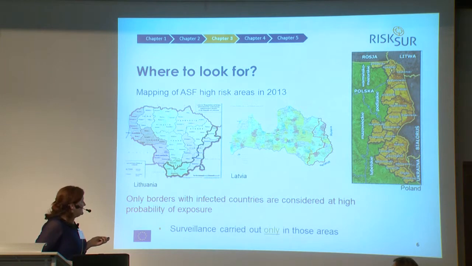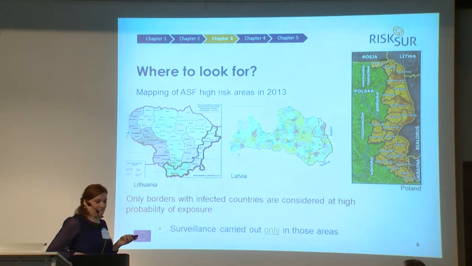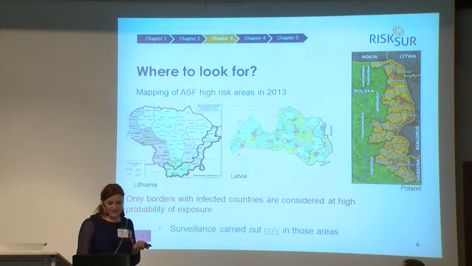in 2014. And what they have in common is that they are bordering infected countries. I mean, all of the areas that are considered at high probability of exposure are located bordering these infected countries, and the surveillance was being carried out only in those areas. So what happens is that when outbreaks have happened elsewhere, these areas are being shifted constantly after the occurrence of